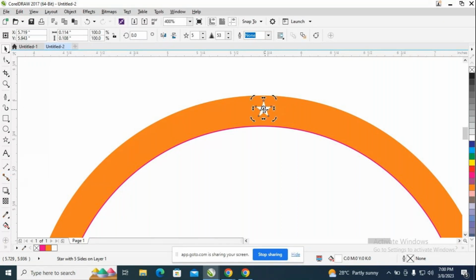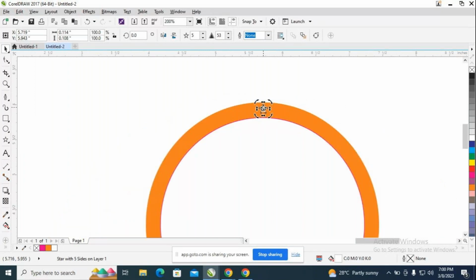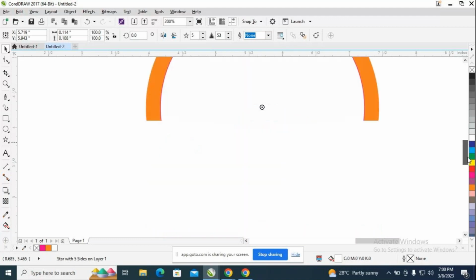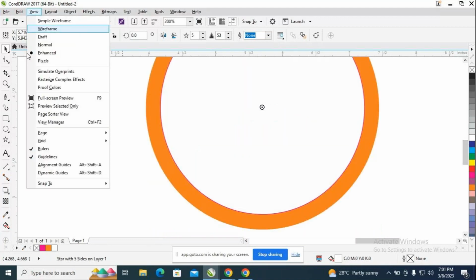Click again, and you'll get this rotation option. In that, take this rotation control out of the star and place it in the middle of the circle. If you're not getting options like center and other things, go to the View menu. You'll have Guidelines there, among many options. Go to Guidelines and enable it. If you disable it, you can't see those options or guidelines. Only if you enable it can you see them. So enable that,